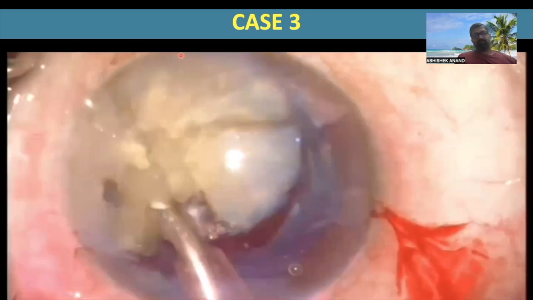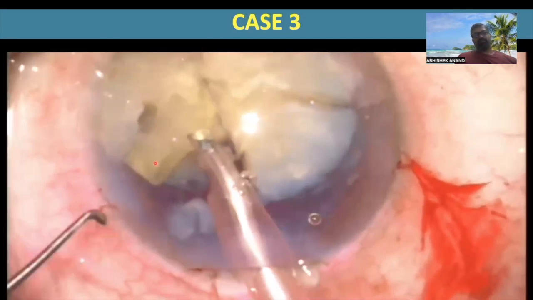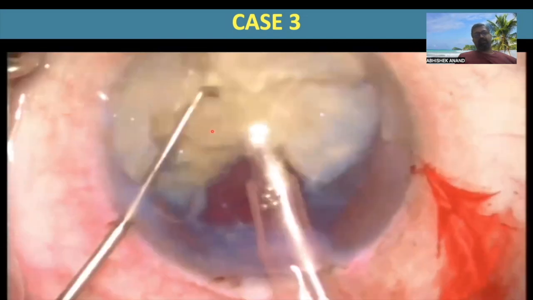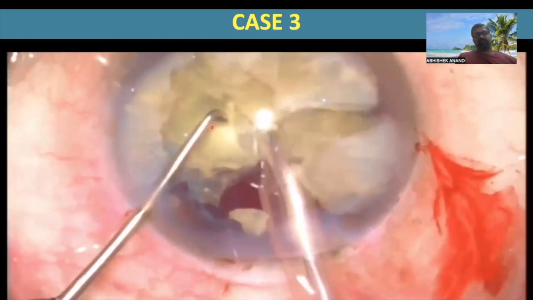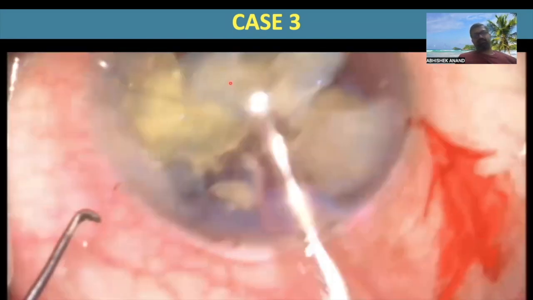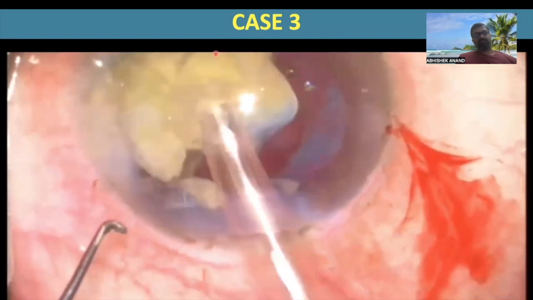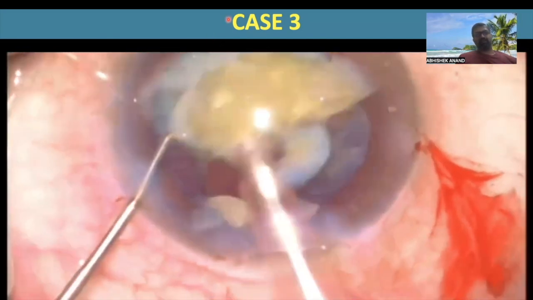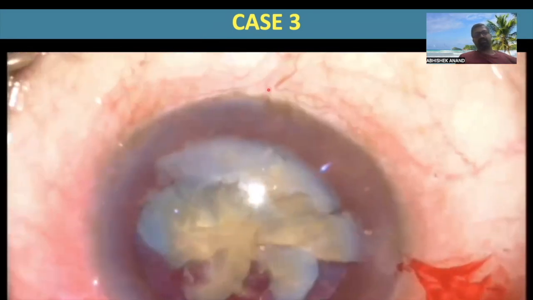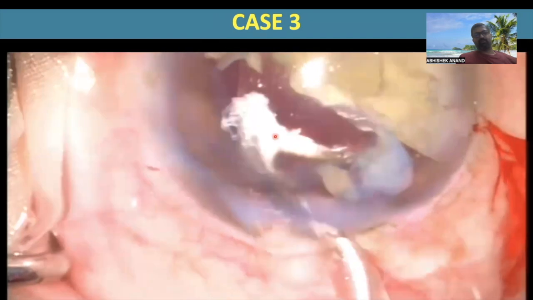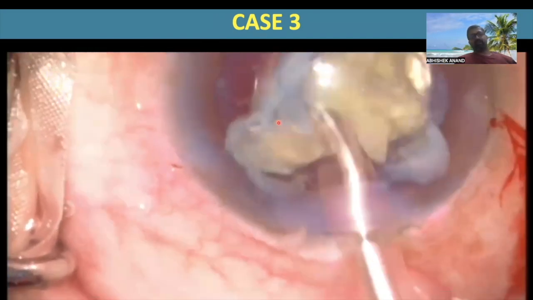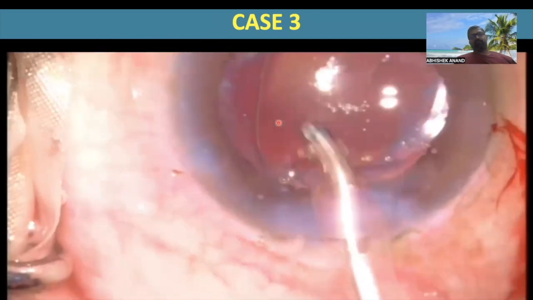Now, this can be done very safely because we are using a torsional handpiece, and this will minimize the collateral damage. However, if this is a very hard cataract and we have only the availability of longitudinal power, this might cause collateral damage. So multiple injections of the viscoelastic, taking proper care of the corneal endothelium, is of paramount importance in this case. Once we have completed